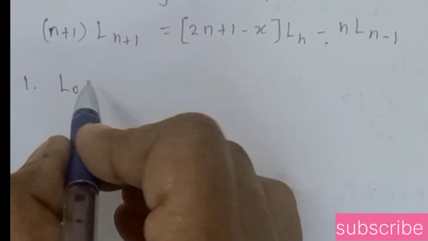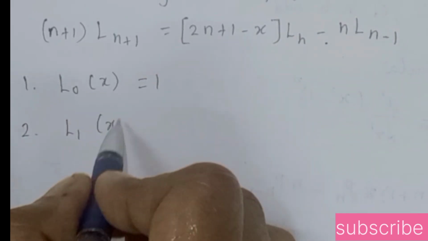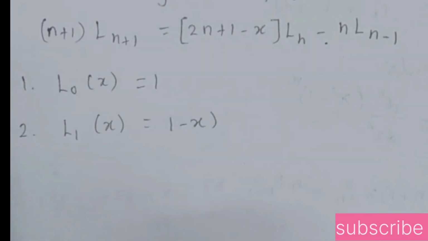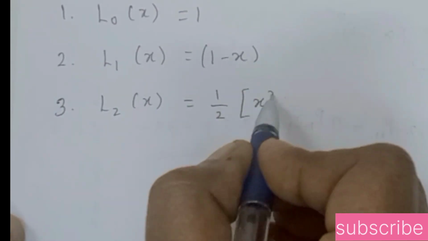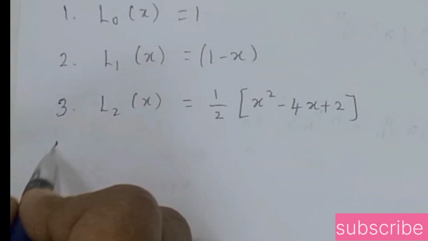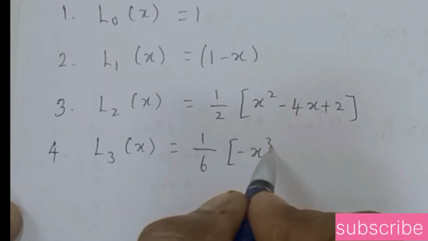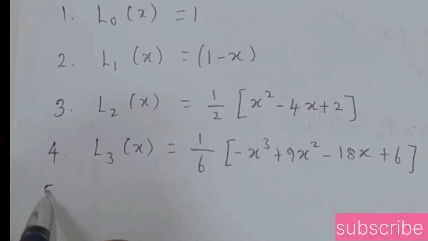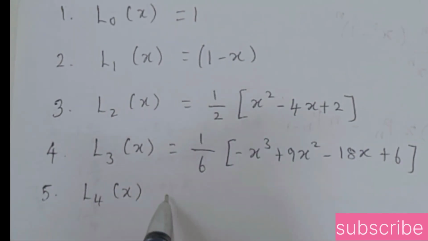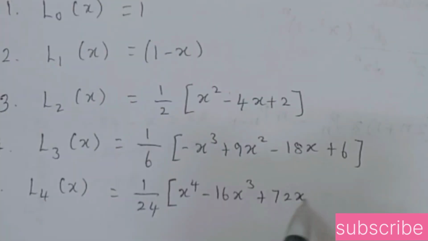The first 5 Laguerre's polynomials are L0 of x equal to 1, L1 of x equal to 1 minus x, L2 of x equal to 1 by 2 into x squared minus 4x plus 2, L3 of x equal to 1 by 6 into minus x cube plus 9x squared minus 18x plus 6, L4 of x equal to 1 by 24 into x power 4 minus 16x cube plus 72x squared minus 96x